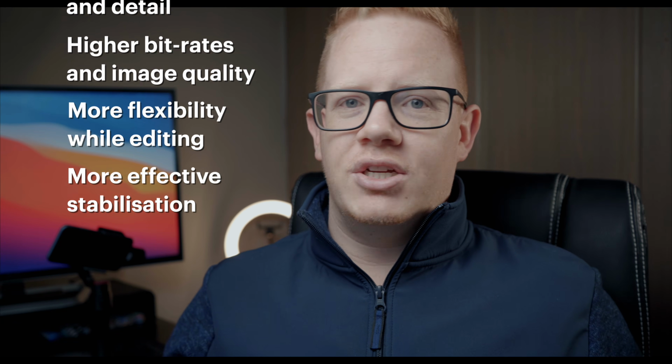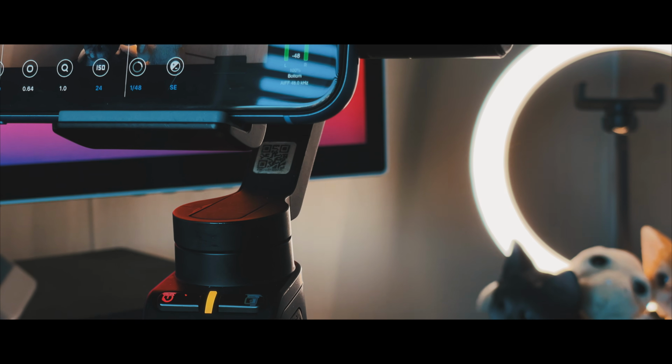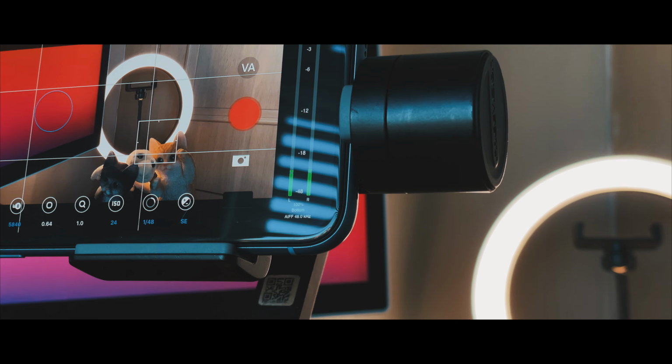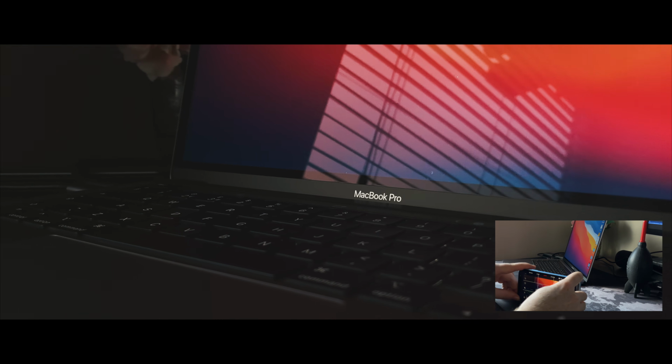Now, speaking of stabilization, you're definitely going to want to enable any stabilization functions that you have in your camera app. These are going to be a massive help. Now, I personally always shoot with my phone on a gimbal, and if you are serious about shooting video with your phone, then I would highly recommend investing in one of these. And finally, use whatever you have around you to help. So for this opening shot, I'm using the fact that I'm on a swiveling chair to help me pan around the room. And in another shot later on, I take my phone off the gimbal and I actually slide it along the desk.